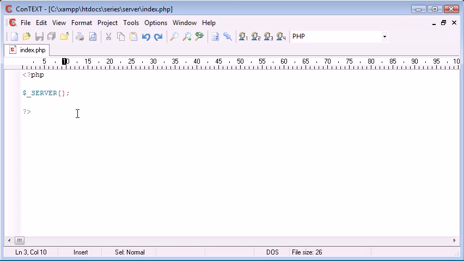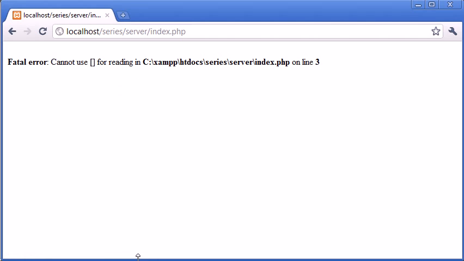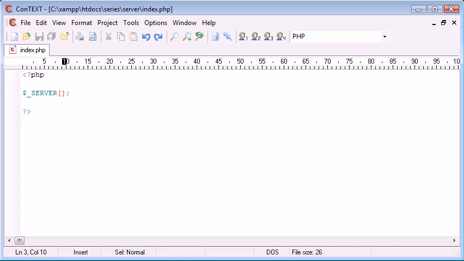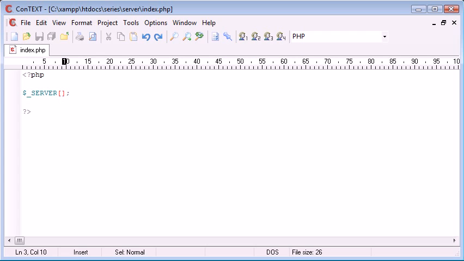Now, you wouldn't necessarily in everyday applications want to do this because the user can already see the file name. We're working with index.php at the moment. We've got this error because we haven't specified anything, but yeah, we can already see the script name. So why would we want to do this? Well, it's useful for us when we're doing things like submitting forms. For example, you specify your